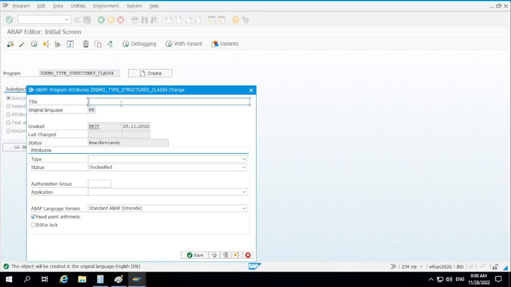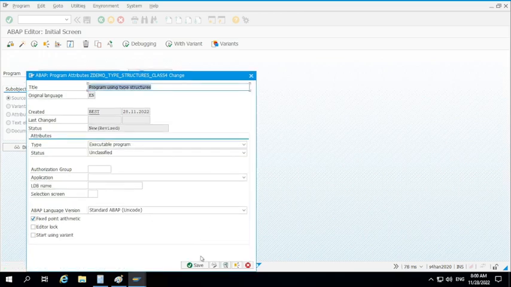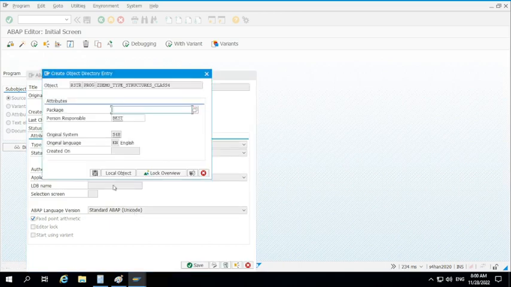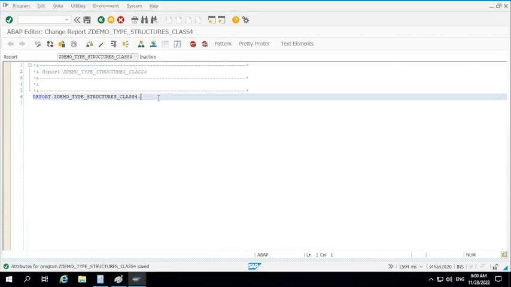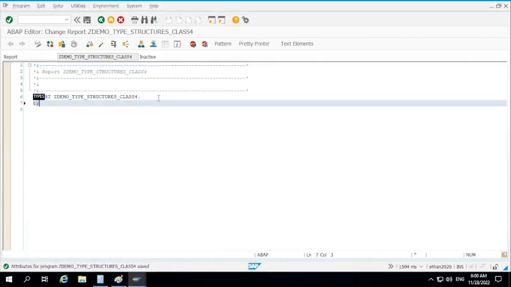Let me quickly create the same program in a different server. Executable program, click on save, local object, and we'll define a type structure, types,